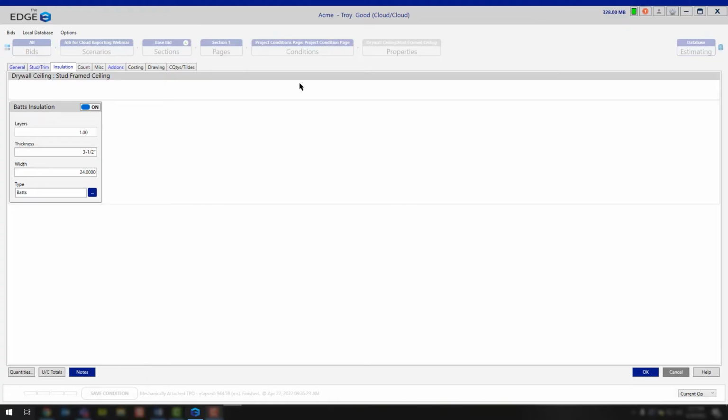Today we're going to be covering the remaining tabs in the drywall ceiling condition. Starting with insulation, you'll notice that we have one field for batts insulation. If you turn that on, we are going to ask how many layers of insulation you're going to be applying. We are going to ask the thickness, so this is going to be basically the same width as your stud,